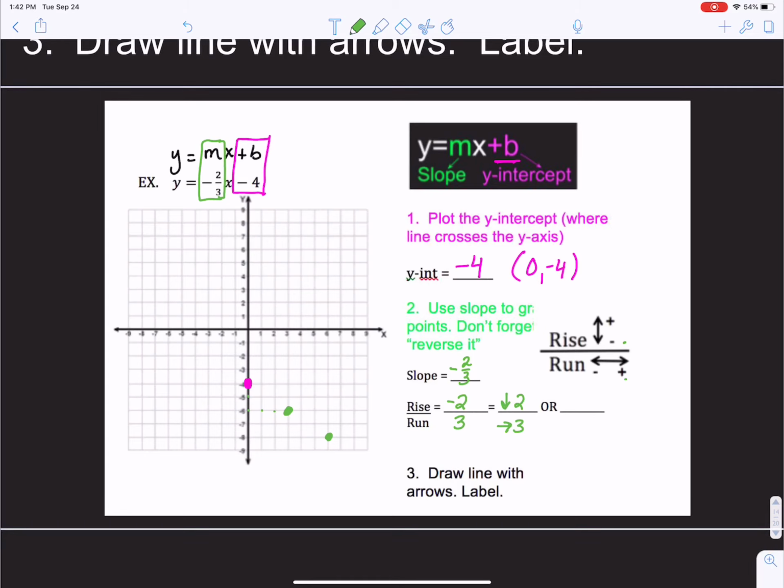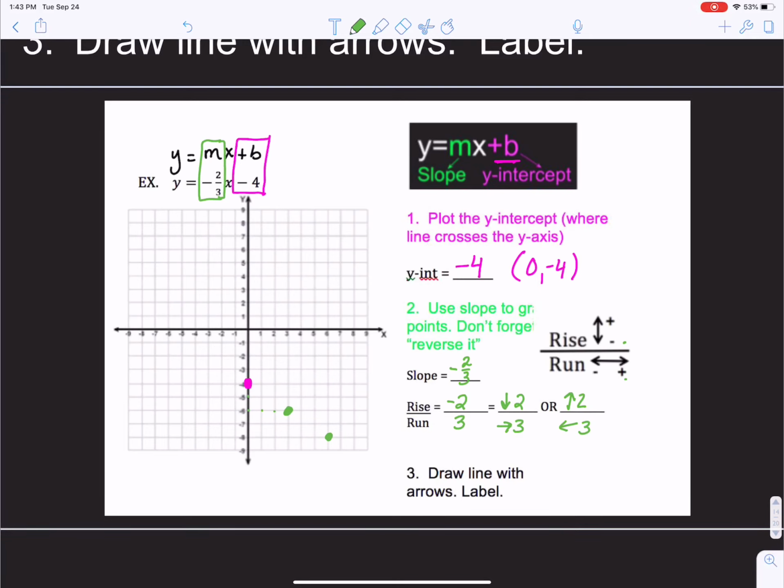When we're graphing lines, especially as we get into our next unit with systems of equations, we want to extend that graph, and we want it to be as accurate and precise as possible. So when we're graphing lines, we are going to what I call reverse the slope. So we're going to reverse it and find some other points. So instead of going down 2, we can go up 2. But if I go up 2, then I'm going to have to move